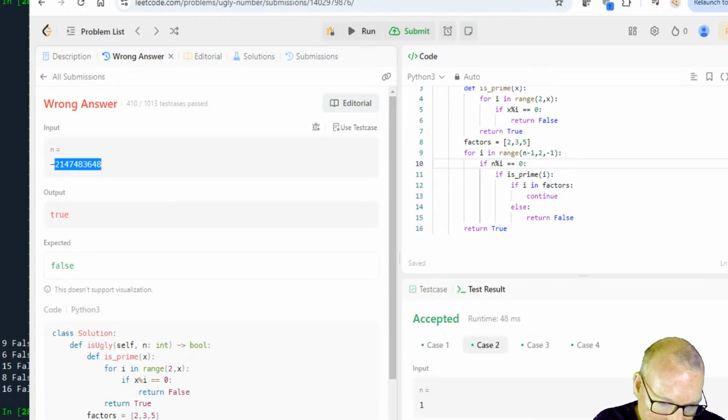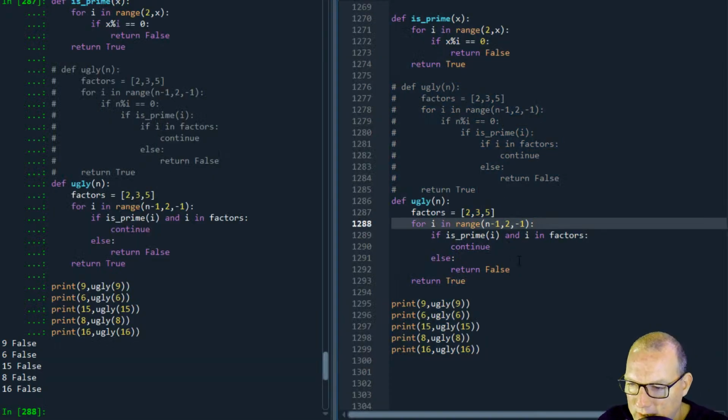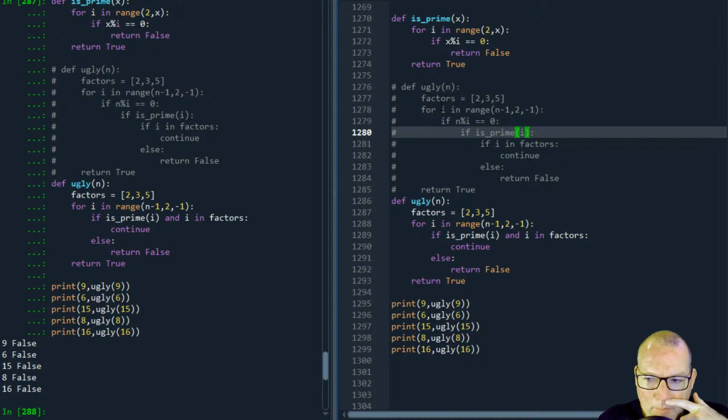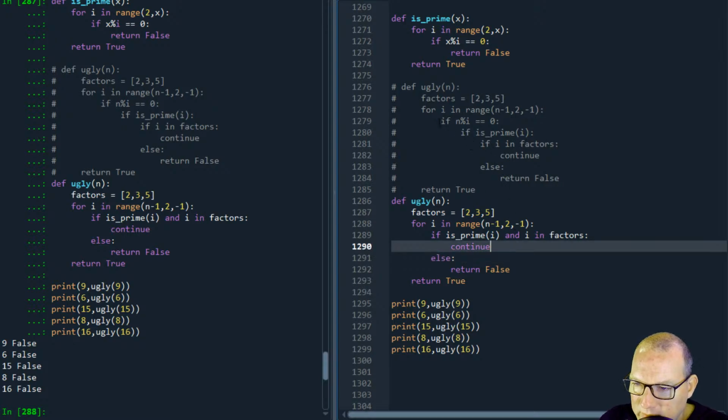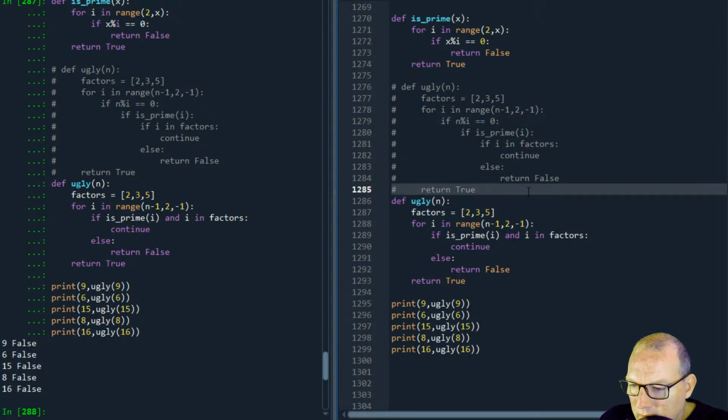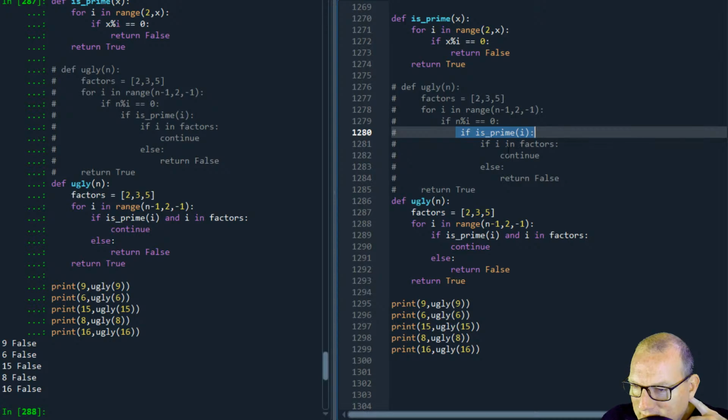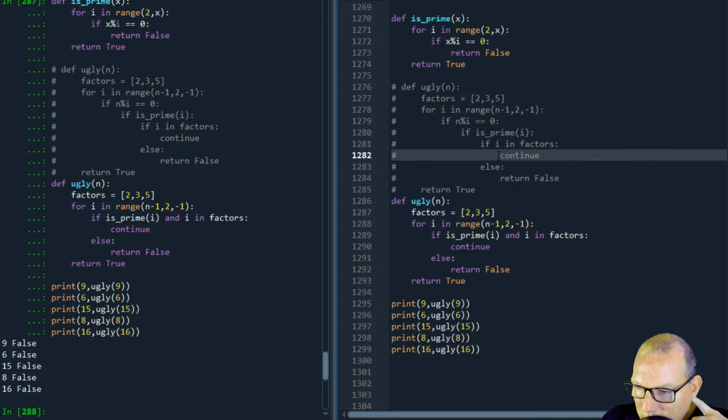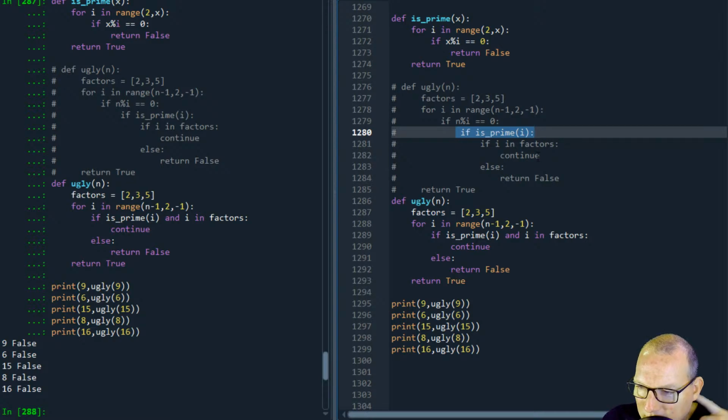Okay. If n is not divisible by any of the factors, it's not an ugly number. Okay. All right. Let me see if I can process that. If n is not a divisor. Yeah, but we're looping through, because that's the problem when we are trying to do this on one line. Because when we trigger this, it has to be all of these. So if it's else, it goes right back up here. And if it's this, else, it goes right back up here. But if it's a prime number,